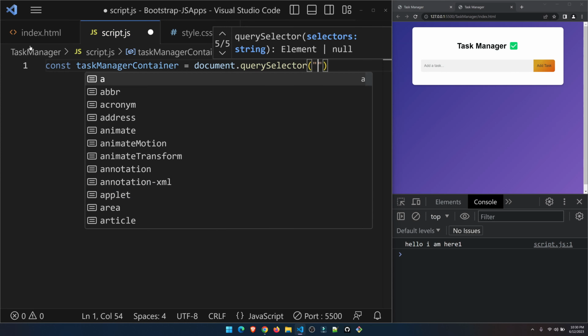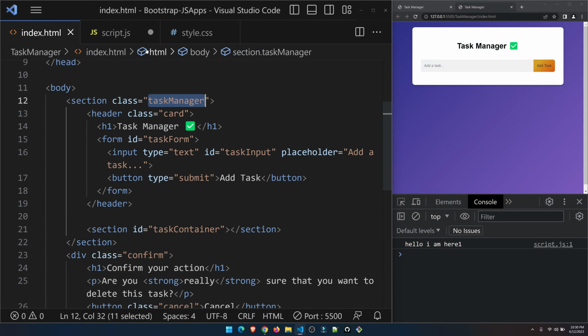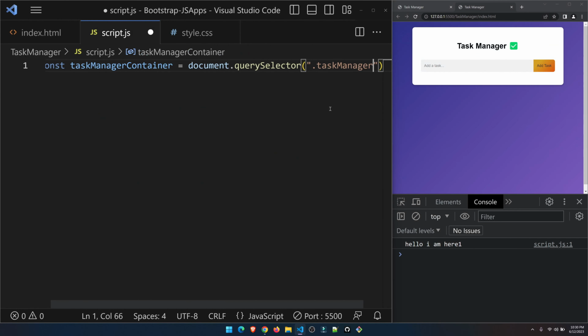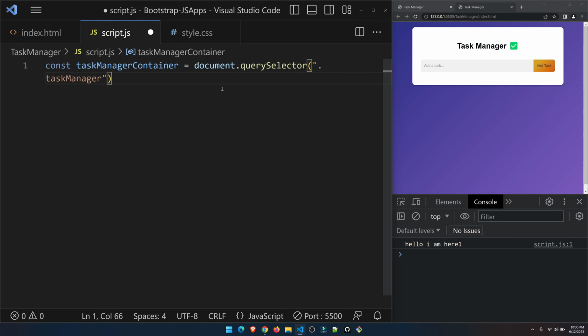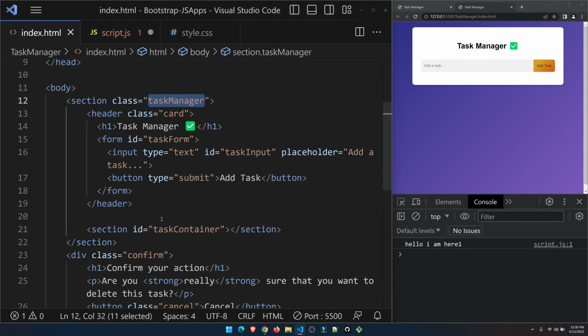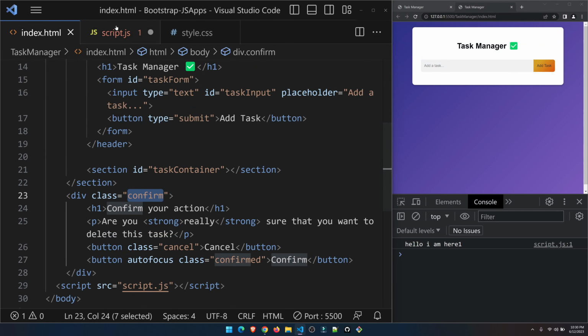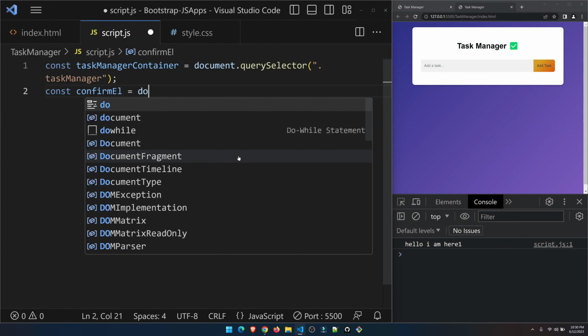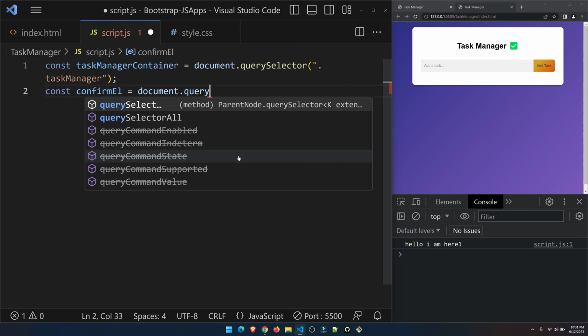It has a class of task manager. So I'm going to copy, class can be accessed with dot, right? So I'm going to use dot task manager, and then I'm also going to be accessing the confirm element, which is also having an ID of confirm. So I'm going to copy that, and then I'm going to do document dot query selector